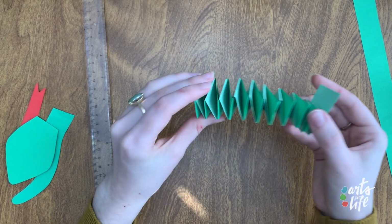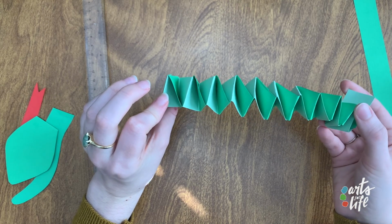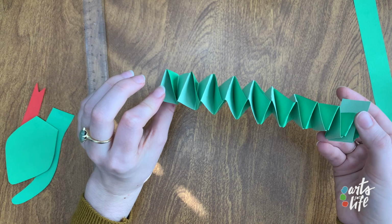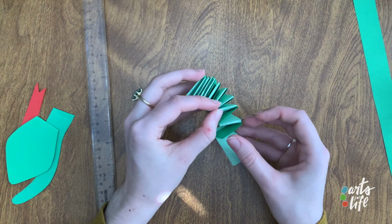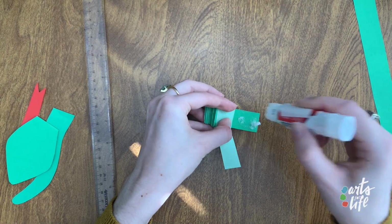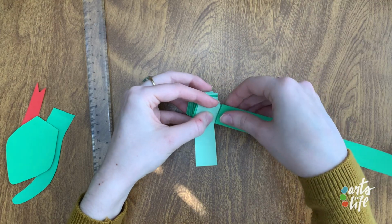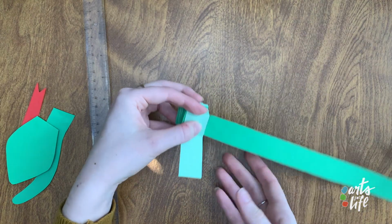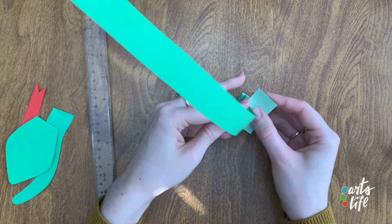All right, and then we're about here. So I'm gonna do another one to make it a little bit longer for the snake. So I will take my green, and glue that on, fold that over, and then